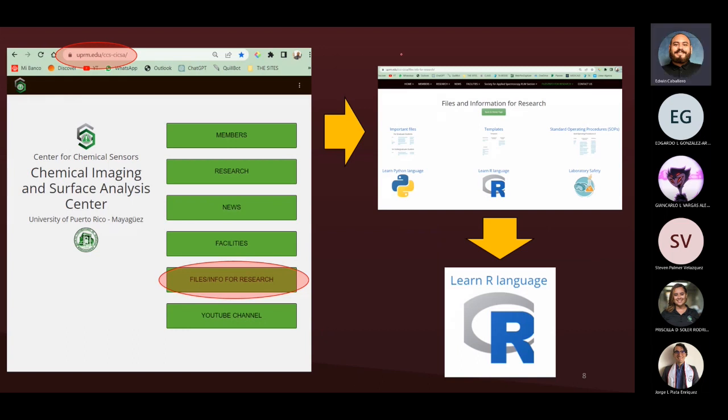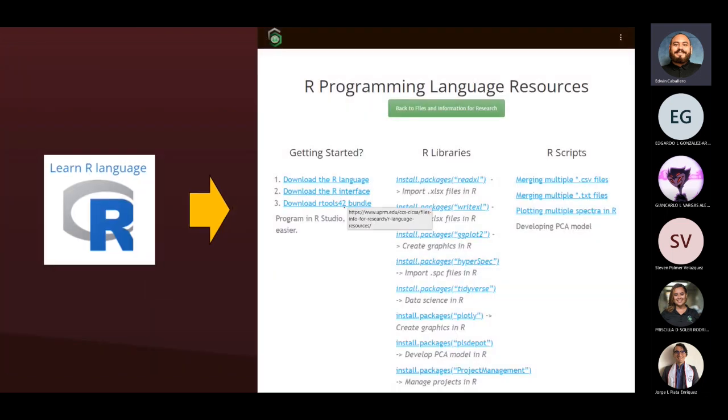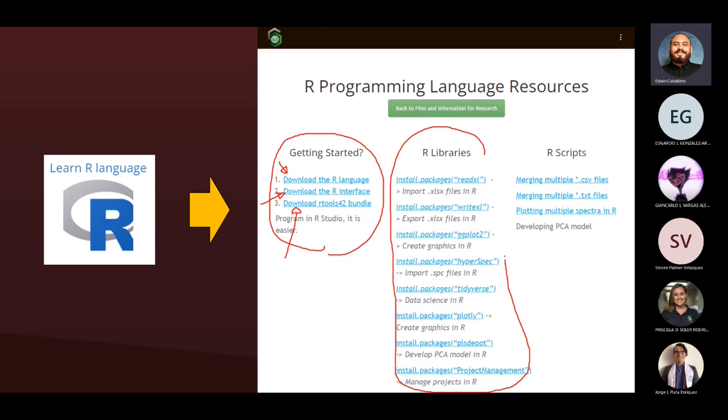If you do not use the R language program that I'm going to be using, you can go to our webpage, go to the files/info for research, and on that webpage, you can go to the Learn R language webpage. There, I have information on how to get started with R, which gives you the link to download the program, the link to download the interface, and a lot of useful tools for R. I have a column with all of the libraries that you probably will use whenever you do a program,